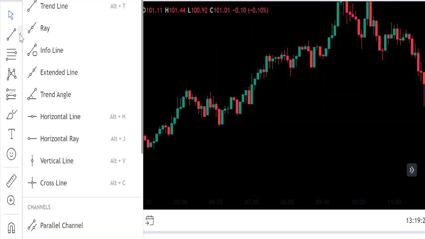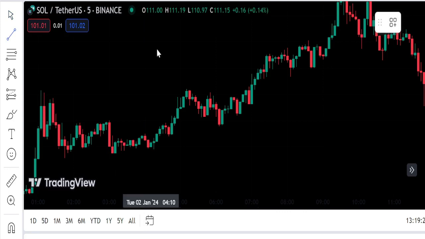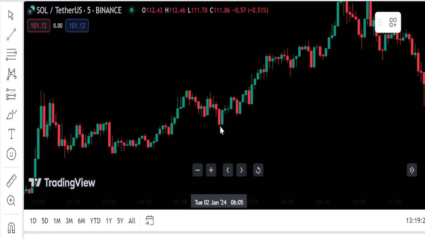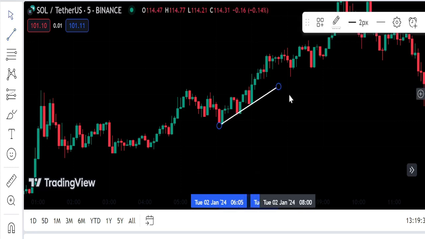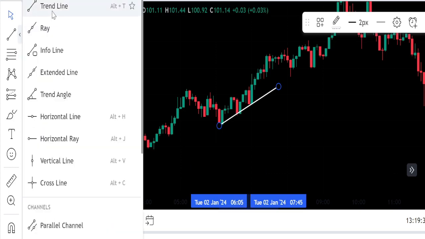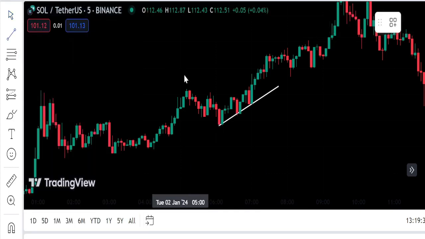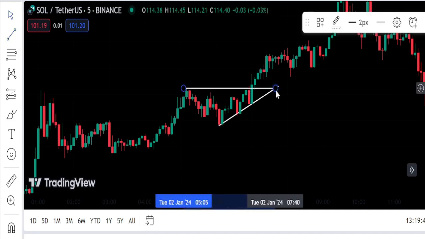So if we consider this as our higher low, then we can clearly see that this is our line here, right? So we see that this line is constant